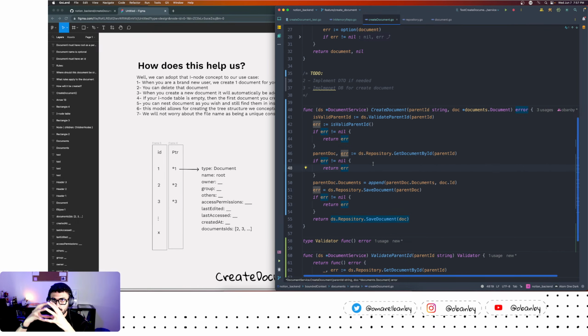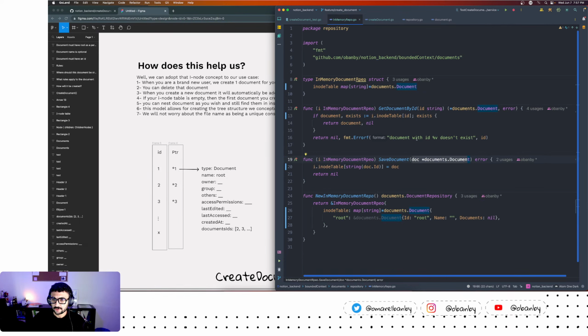So it's either all pass or all fail. And here we haven't really done that. So what's our alternative? Well, what about if the saved document implementation handles that for us? So when we pass a saved document, we can pass it a parent ID, and it can handle